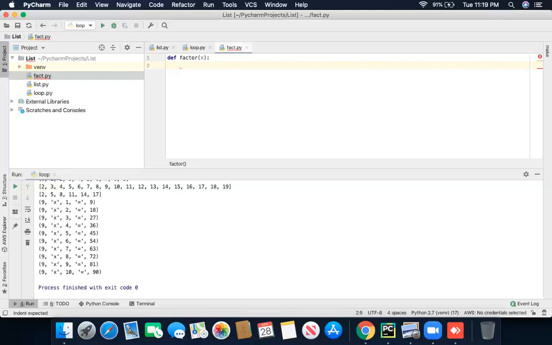Now I'm going to use the print statement as a message for the person who is going to use this program: the factors of X, comma, are.